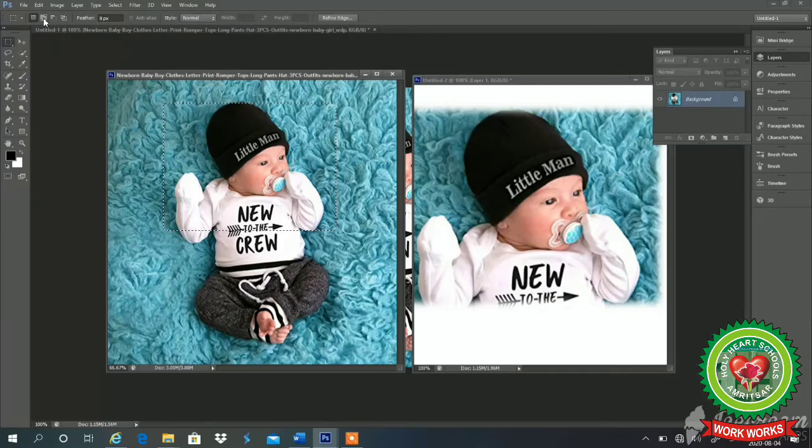Next we are having add to selection. When I click on add to selection, the first rectangle selection is there. After that, when I hold and drag the mouse, see, my next box is adding to the selection with the previous rectangle. That is the work of add to selection. And the third option we are having is subtract from selection, which means it will subtract from my selection. Now see, when I hold and drag the mouse over the first selection, this part will be subtracted.